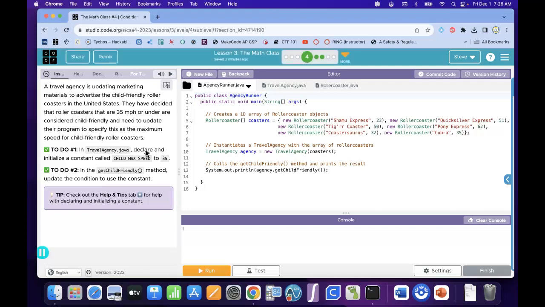So I got this travel agency that's updating marketing materials, and they've decided that roller coasters that are 35 miles per hour or under are considered child friendly. So I'm looking here at the agency runner